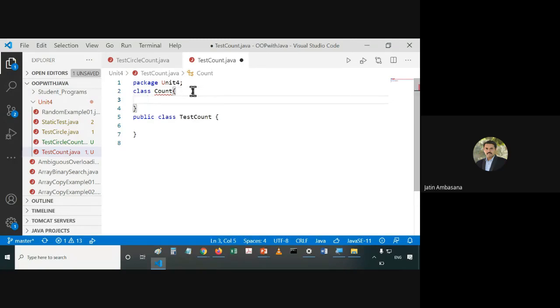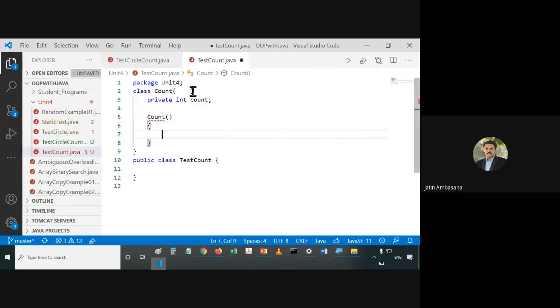Okay, in this class Count we have an integer variable count. Okay, let's make it private, and we have the Count constructor where, let's do one thing, let's call this C only, right? So that you people don't get confused.